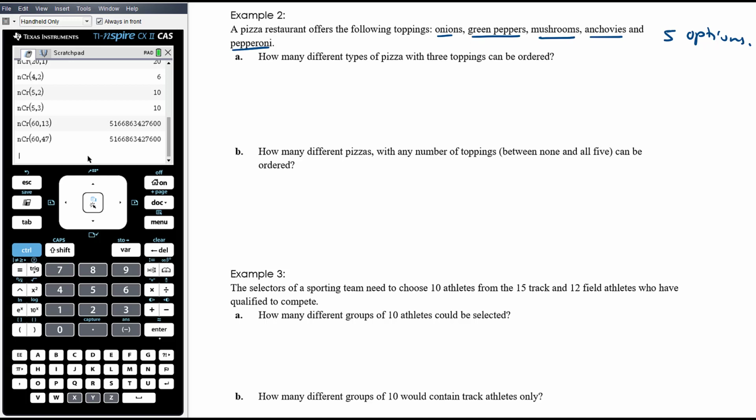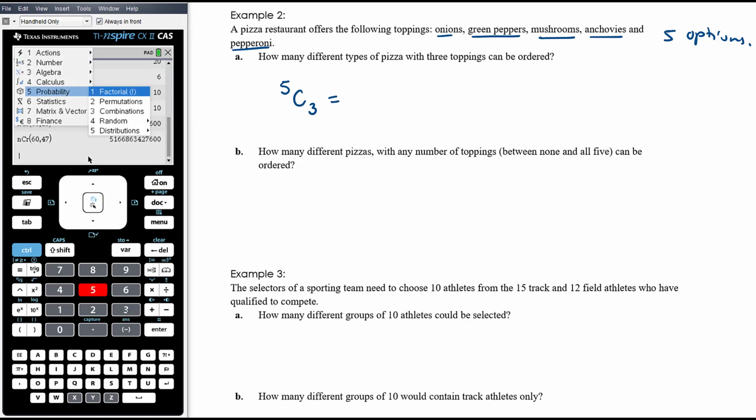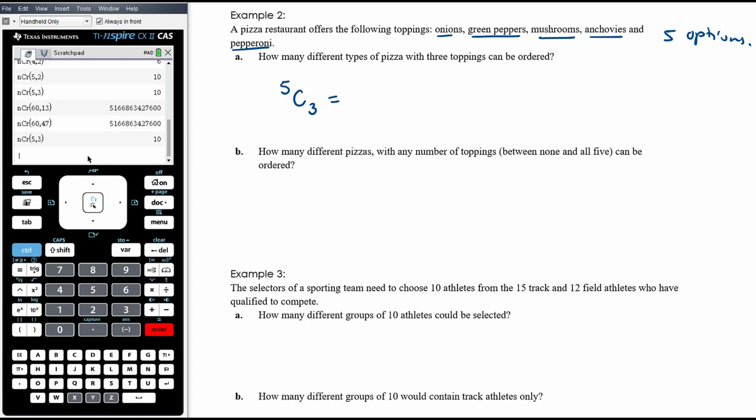We have 5 different pizza toppings from which we want to choose 3. I apologise that those numbers are the same as ones we've looked at before. Should have chosen extra pizza toppings. So there is 10 different pizzas with 3 toppings that we can select. Okay, so 10 pizzas. How many different pizzas with any number of toppings between none and all 5 can be